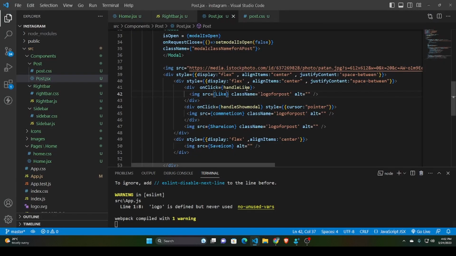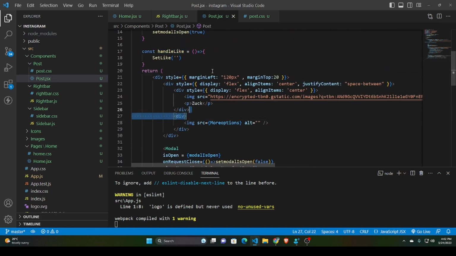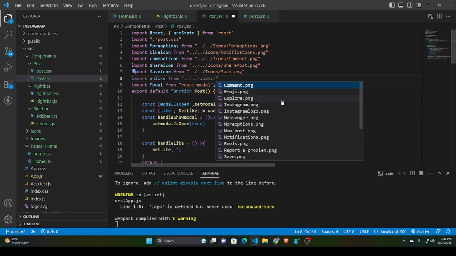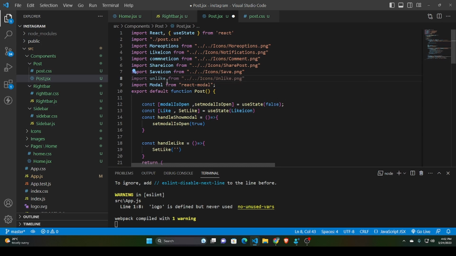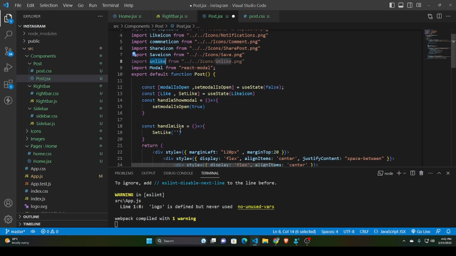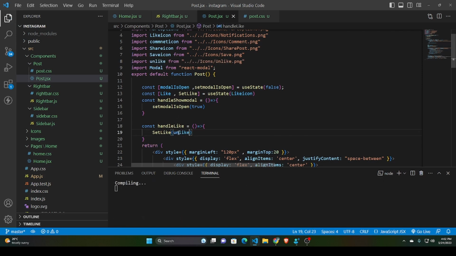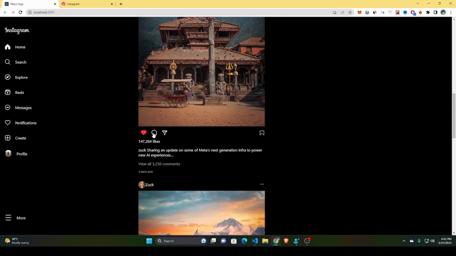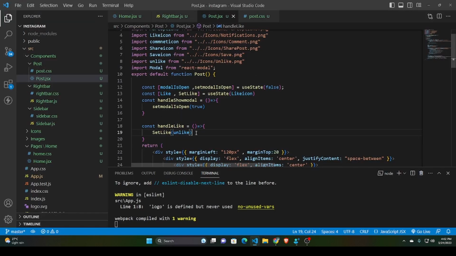Yeah, and let's go back and I'm going to import a new icon. So let's write an unlike icon. So if I click this, we got an unlike icon. If I click this again, okay,